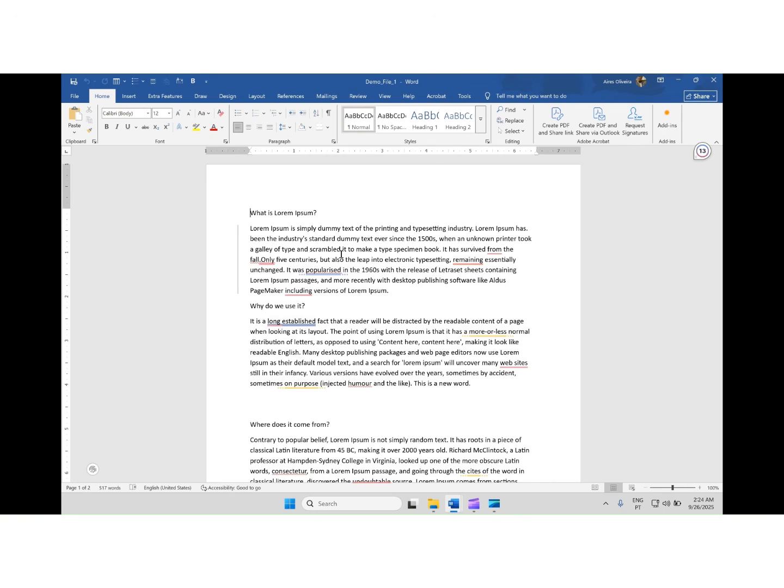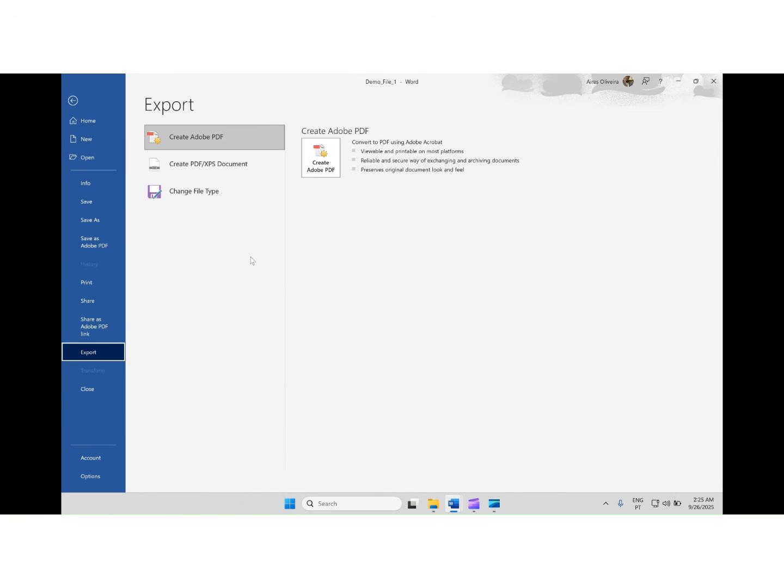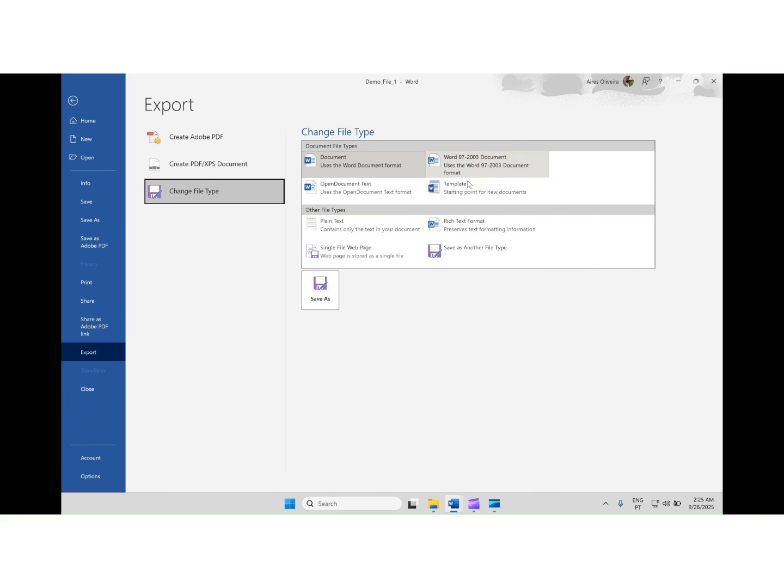Now I want to move to one very important feature. I can say the most used feature in Word is the export feature. You can find the export feature in the File tab, and you have here the export feature. In the export feature, you can export your Word document in PDF, XPS, or you can also select other